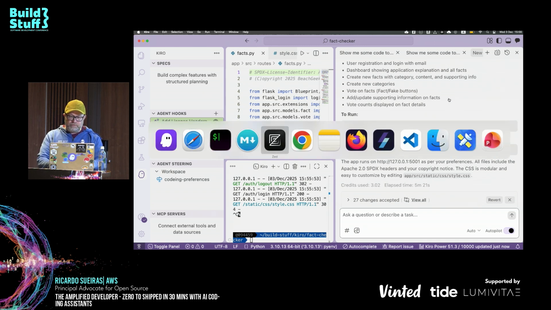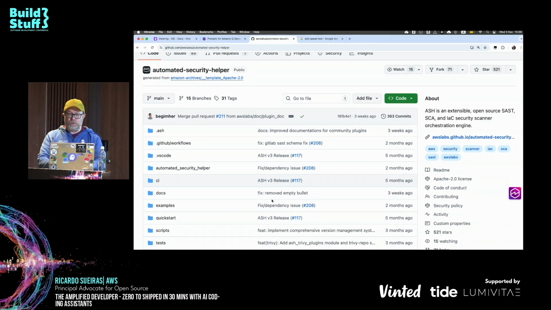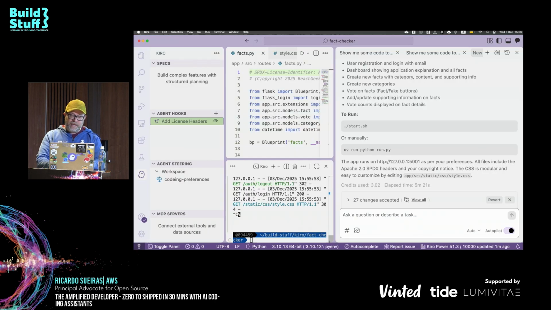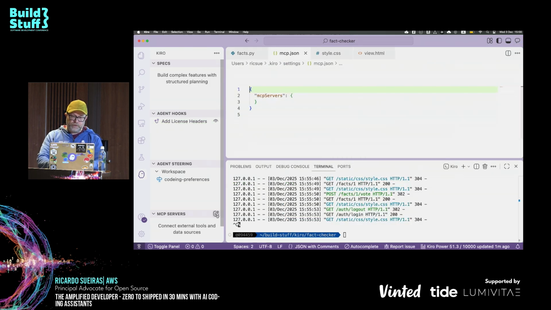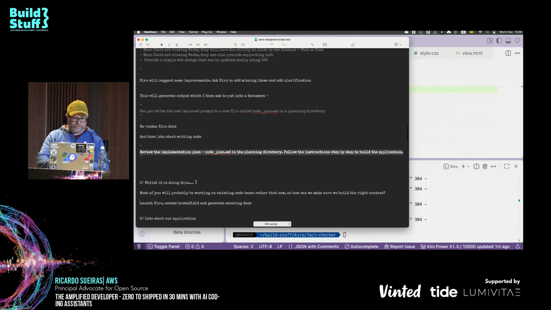So there's a really cool open source project, and I'm an open source guy, called Automated Security Helper, which you can configure as an MCP server and runs a whole bunch of open source security tools on your repo. So what we're going to do is configure MCP, which we can do through here. And I've actually got the configuration somewhere